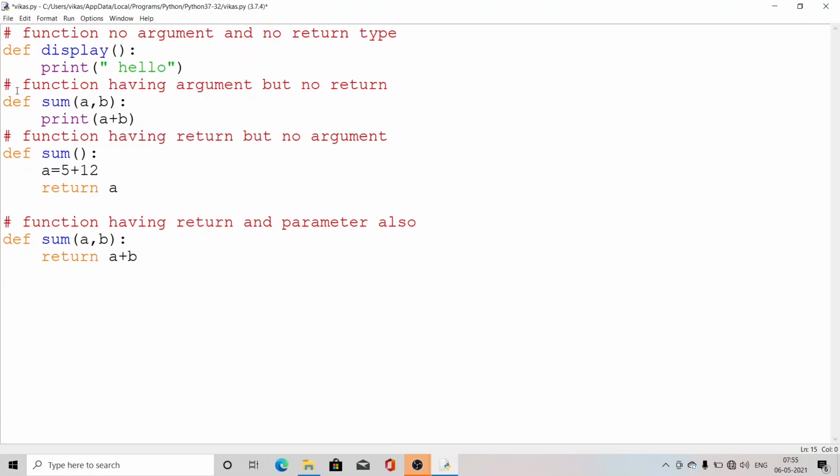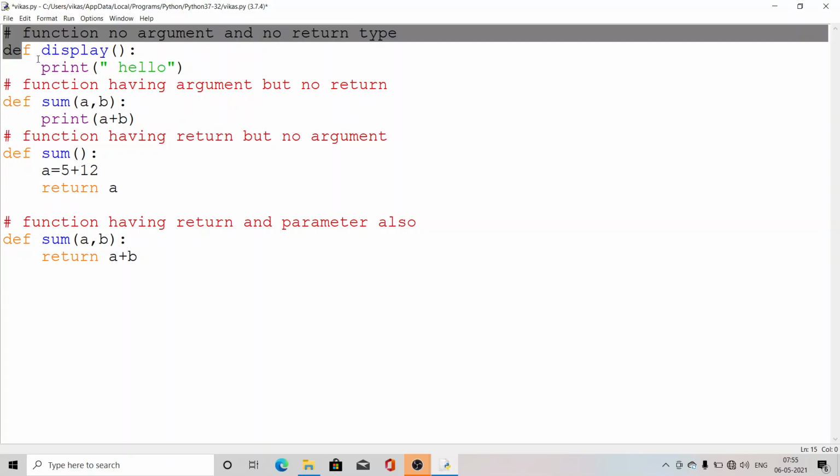Either we define functions that will not take any argument and will not return any value, or functions that have arguments and no return value. Third, no argument but it returns a value. And the fourth one returns a value and takes parameters also. It can be any of these. Clear?